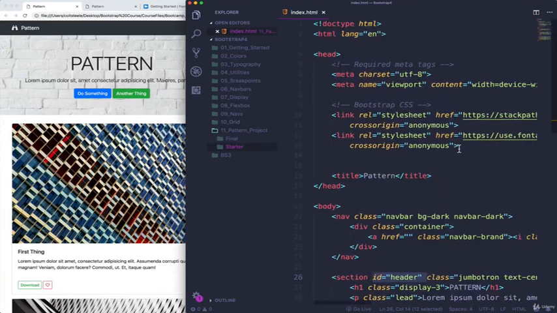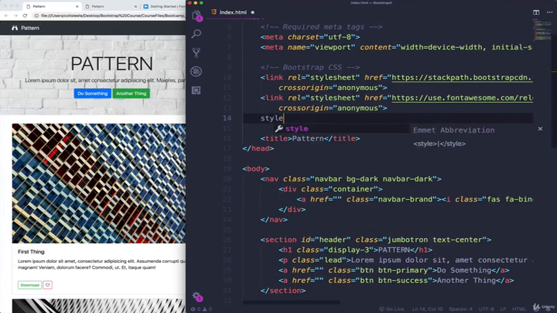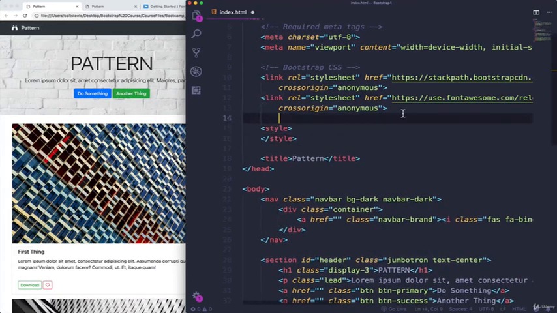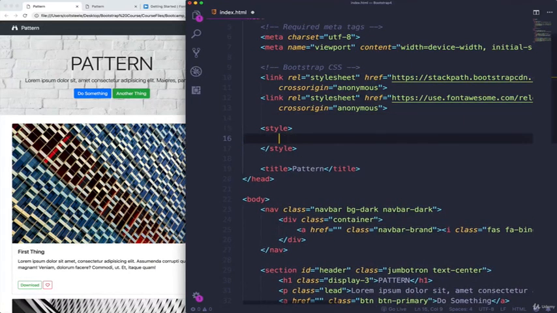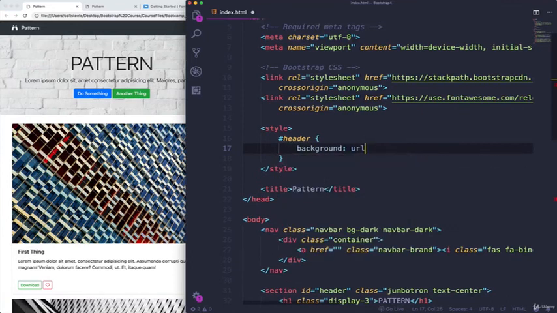And I'm not going to make a separate style sheet because it's the only line of CSS. It's honestly a good idea to make a separate style sheet, but it will be simpler for you to look at what I'm doing to keep it in one file. So I'm going to make a style tag here, the bane of many people's existence. And inside of that, I'm going to select my ID called header, and then set background to be an image with the URL of